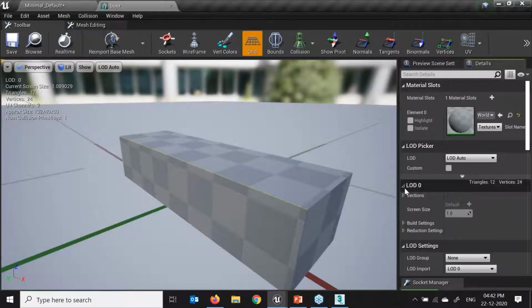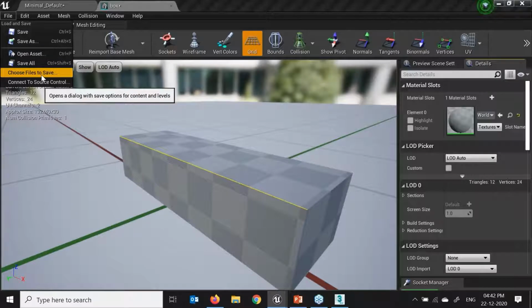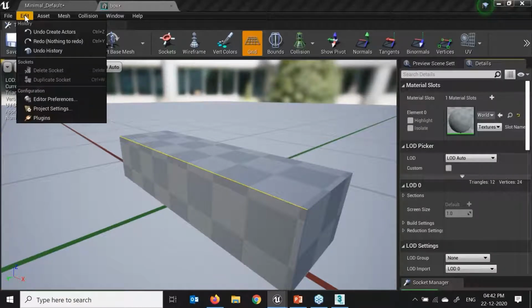Level of detail is useful when we are using lots of foliage in our scenes, right? Once I zoom out from my scene, the level of detail automatically gets reduced on that object; we call that the LOD. Now once I click on this File menu, we have the different menu bar over here. We have save, save as, open, choose files to save, connect to source control, edit, undo, copy, paste, edit preferences.